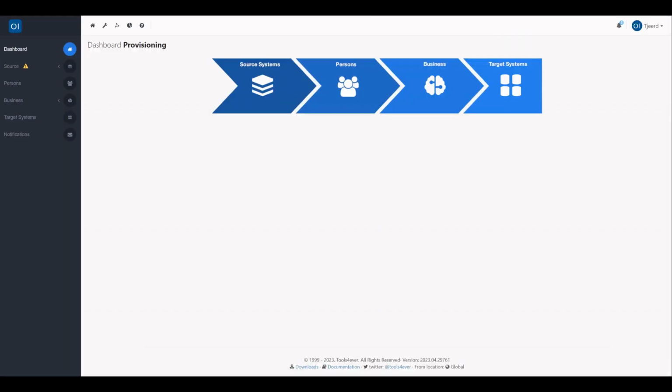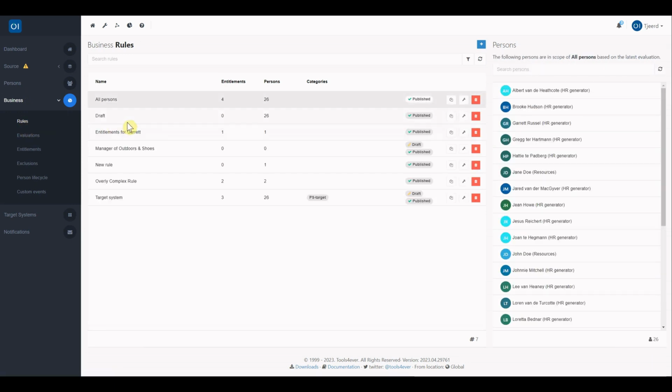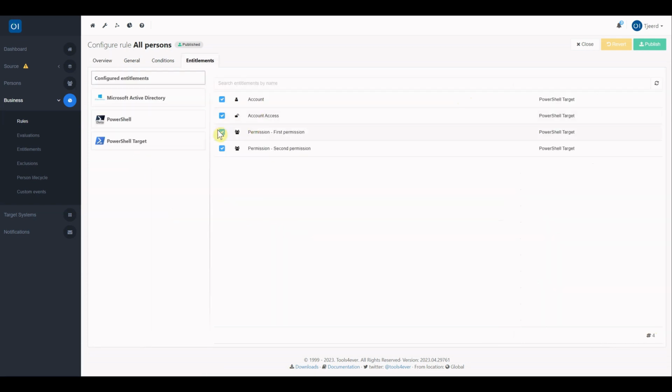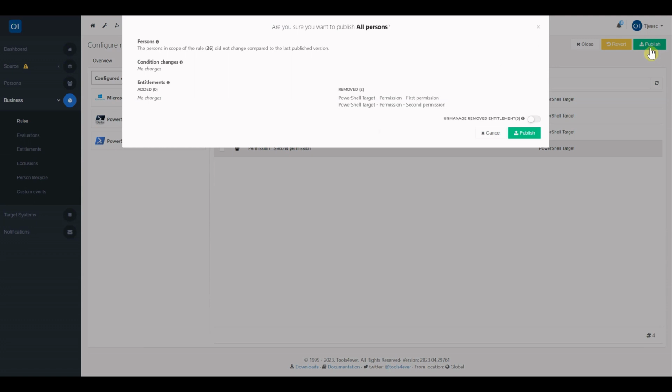We'll start with the first item, the unmanaged entitlement when removing from rule. We have to go to the business rules section. We have made a few example rules, and we will show one of them. This one is a condition with 26 people in scope with entitlements. And when we remove some of the entitlements, for example, the permission entitlements, and we publish this one, then you will notice that the permissions will automatically be triggered as revoke. So those permissions will be revoked from all the persons in scope,